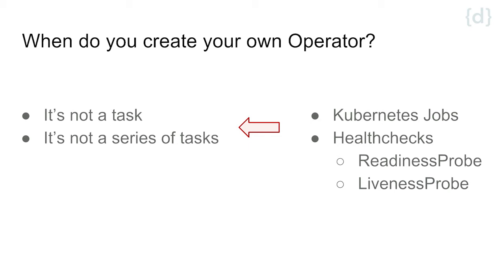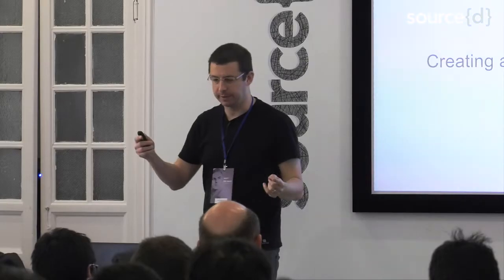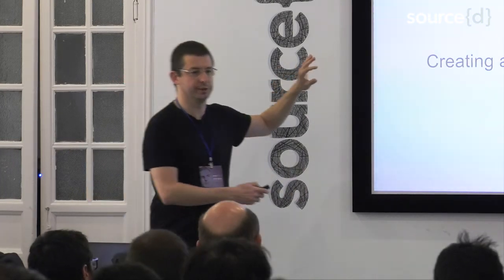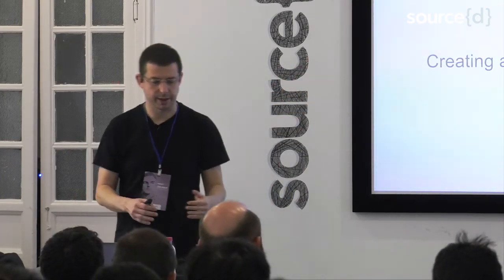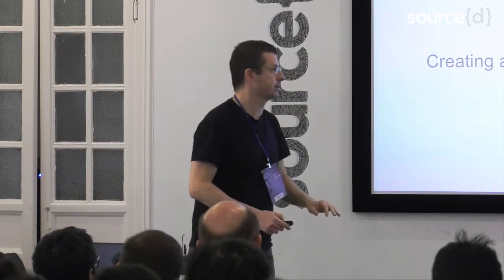And then you can orchestrate with health checks, right? Creating a database, initializing creating the instance for the database, initializing the database, migrating the schema. These are things that are basically sequential, and that's what we used to have in the operator, and we removed. Because the operator is a black box, for good and for bad. You put all this stuff in the operator, and then you don't have to worry about that. What happened was that the developers were making assumptions on the black box is going to do all this magic for me when it was not. So we decided it was too risky to have all these things, all these assumptions spread across different things.